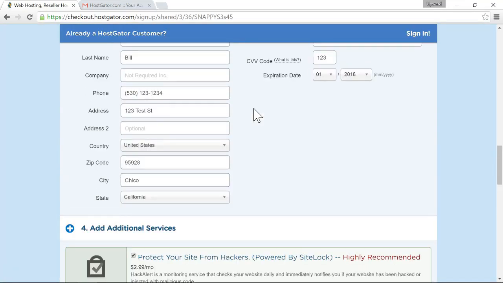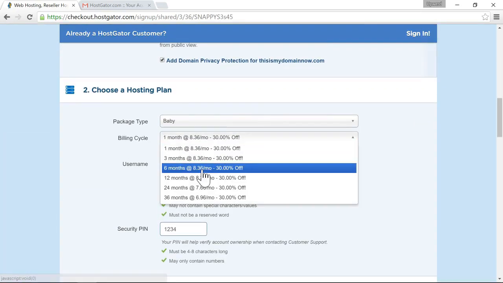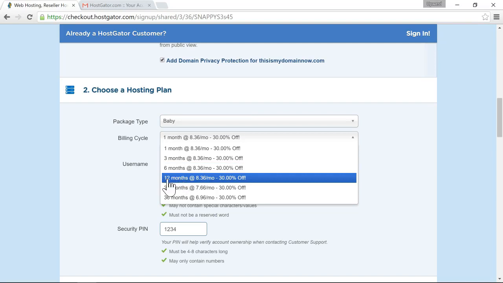But if I scroll back to the top and I change my plan to the 6 month, you'll see it went down to $8.36 a month. Now the plans that are 12 month and above, you'll see it was 30%, but before it was like 50%. So if you plan to use 12 months